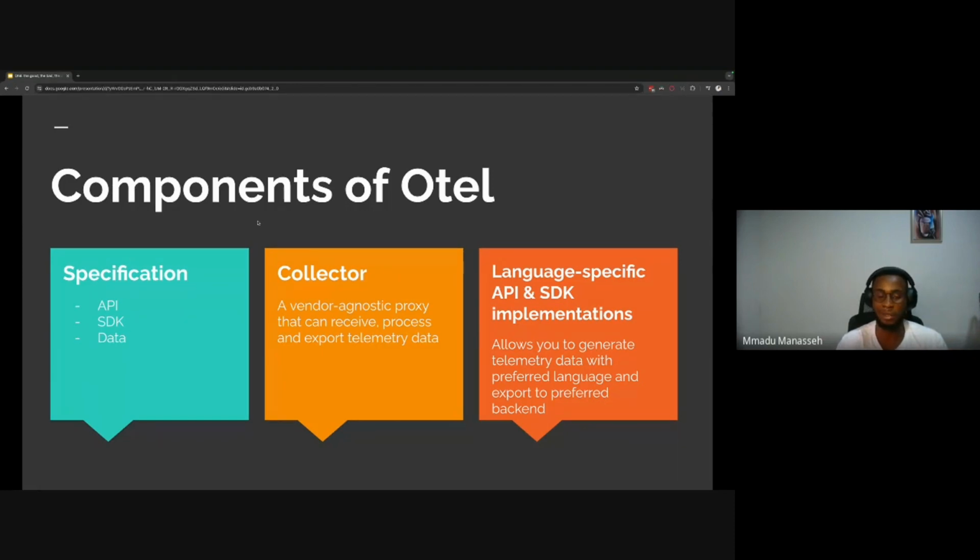The last component of Otel is the language-specific API and SDKs. Depending on the language you're using, there is an Otel implementation. If you're writing Python, Go, or JavaScript, whatever you're using, Otel has a library and an SDK for that.